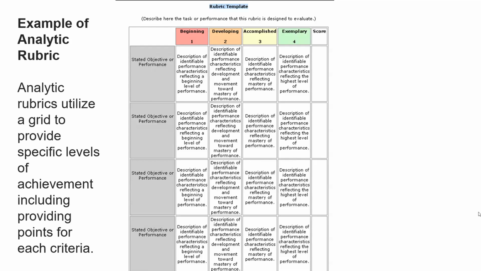Because the nature is that it's given at the end, there is no negotiation. What I mean by negotiation here is there's no room for them to do the improvement. After they do the test, that's it. They're going to get a score, and that score is going to be kept and considered in their 100%. That will be summative assessment.